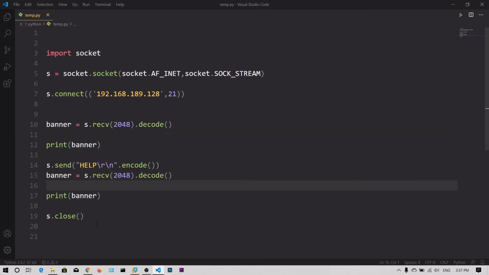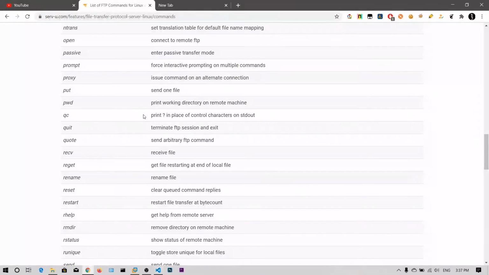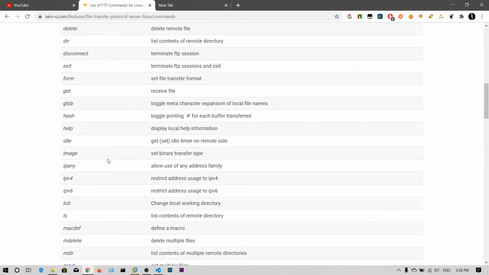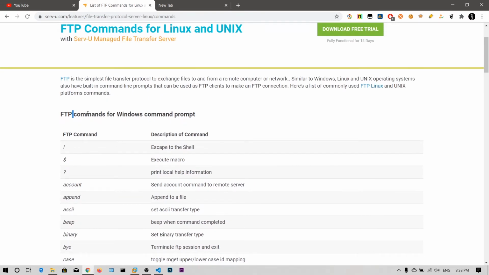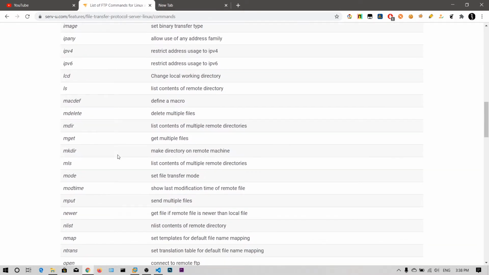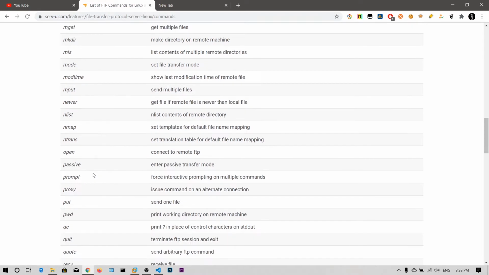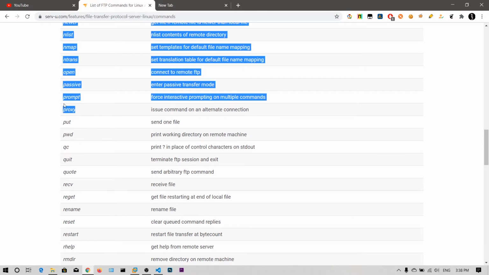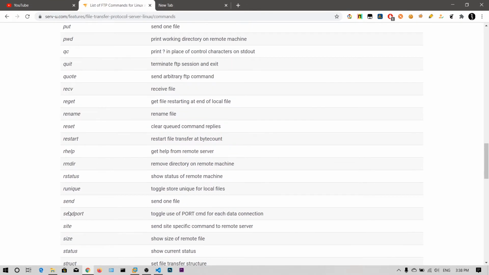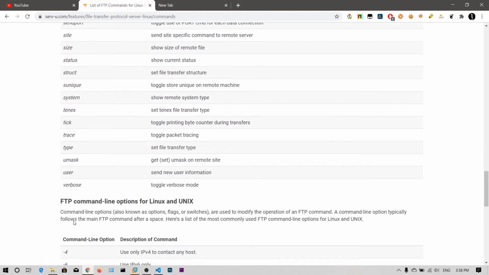What you can do is Google for a list of FTP commands. I will paste this link in the description, no need to worry about that. Okay, FTP commands for Windows command prompt. These work for any FTP server, and there are a lot of commands to examine: a prompt command, passive open command, rename command, send command, and many more.